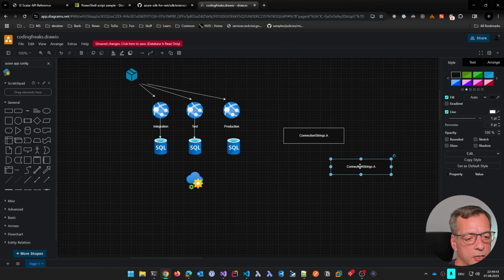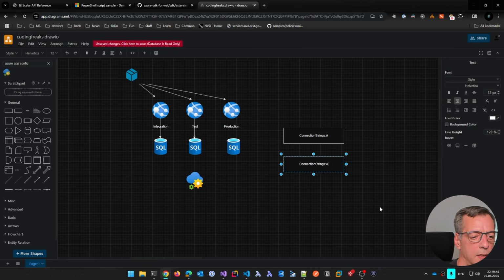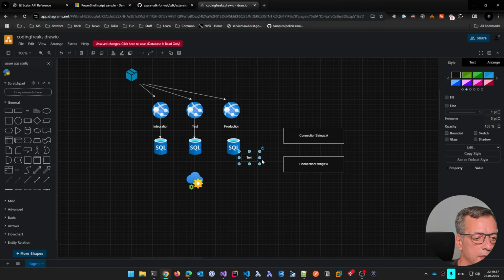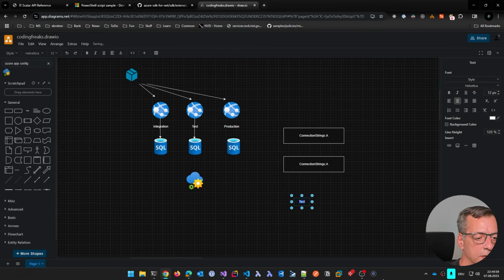Then I have connection strings A with another value. But this time, unsafe changes, database is read-only. Nice, good that I stored it. And this time I give it a label. A label is like a tag on it, okay? And I say environment: